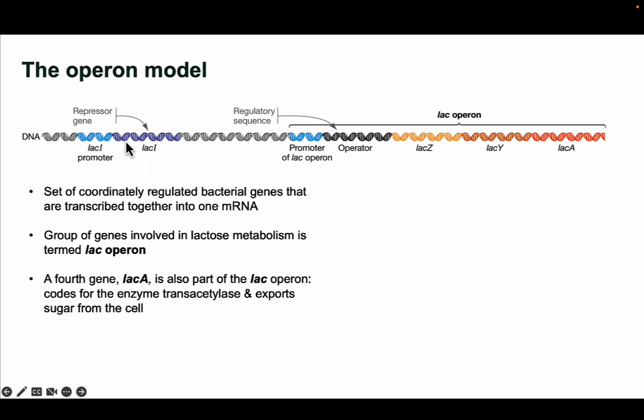Okay, so here's our LAC-I gene. This is our repressor gene, and it also has its own promoter. We have our LAC-Z and LAC-Y genes. We also have LAC-A. That's part of the LAC operon, and this codes for an enzyme transacetylase that exports sugar from the cell. These genes have a promoter, to bind an RNA polymerase, but also this regulatory sequence called